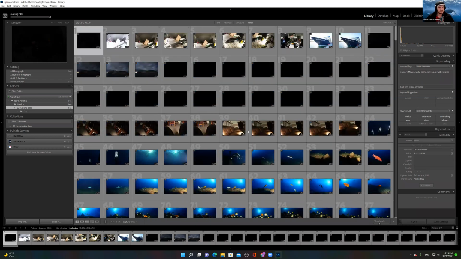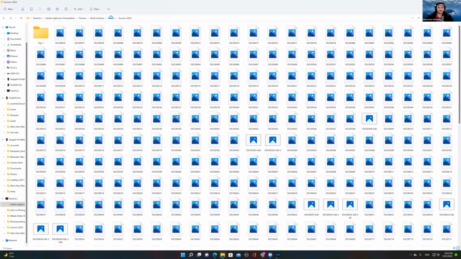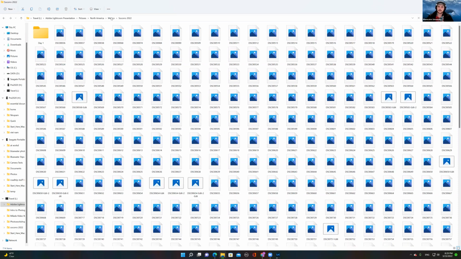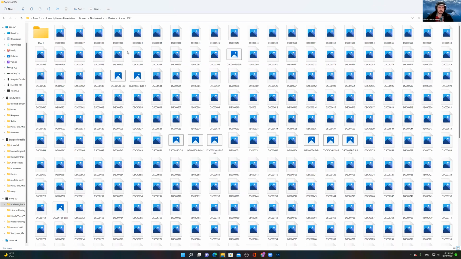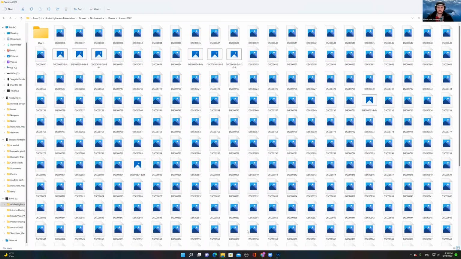And I clicked OK. This will take a little bit of time to move all of these 900 photos into that folder. Almost there. And you can see all this is going to be happening on the hard drive as well. Because I'm streaming right now, my computer's having trouble handling all this data moving around. You can see all these photos are moving, in fact. So